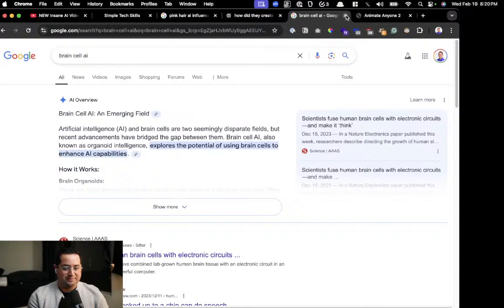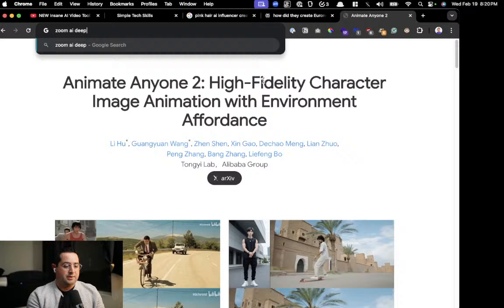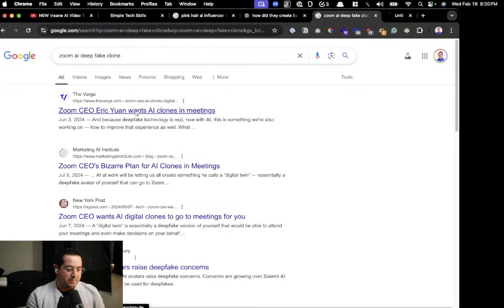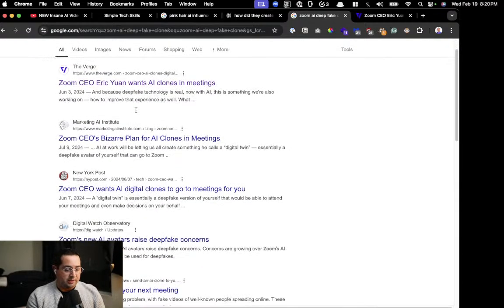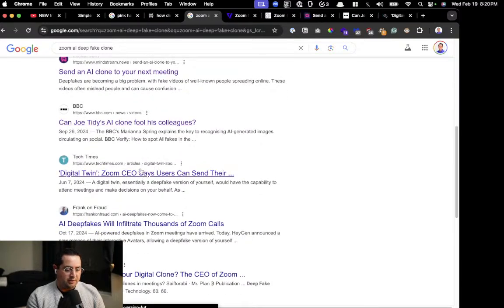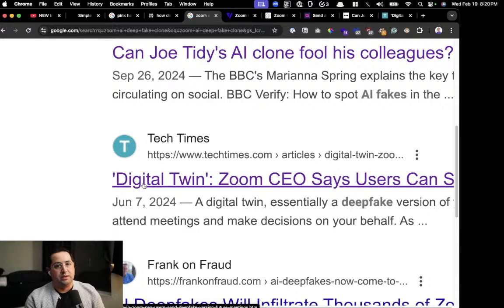That's wild. All right, let's see if there's a Zoom AI deepfake clone software. Well, the OG is HeyGen. I don't know if there's new software to clone your... There's definitely new software. Let's see here. The keyword is called a digital twin, which is basically deepfaking yourself.